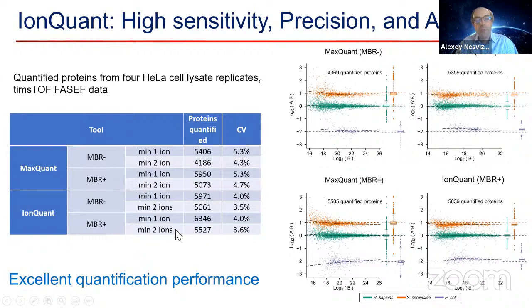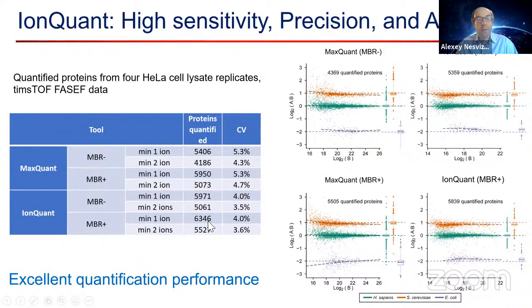Of course, requiring two ions compared to one ion improves the CV across replicates. For example, we go from 4% to 3.6% with match between runs, although we do lose some quantified proteins